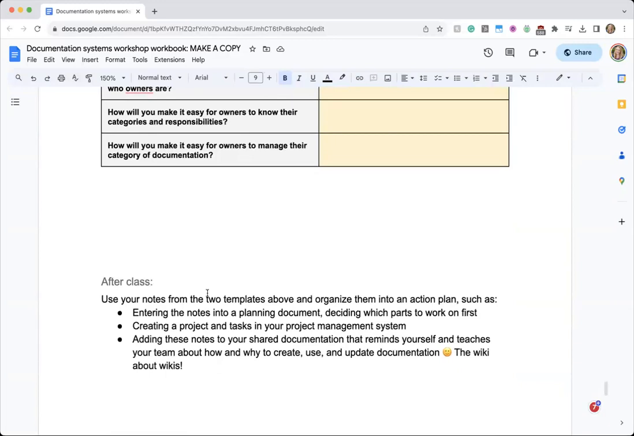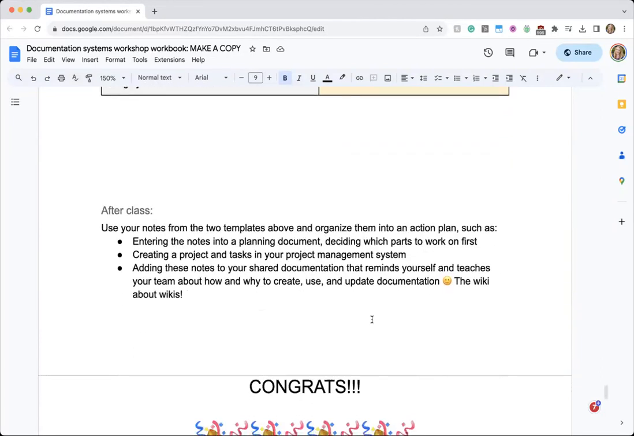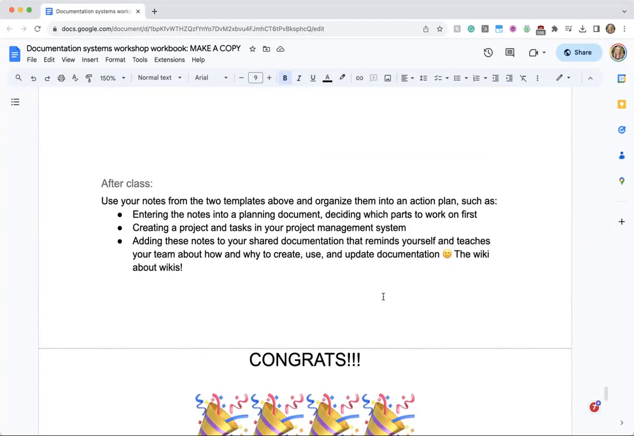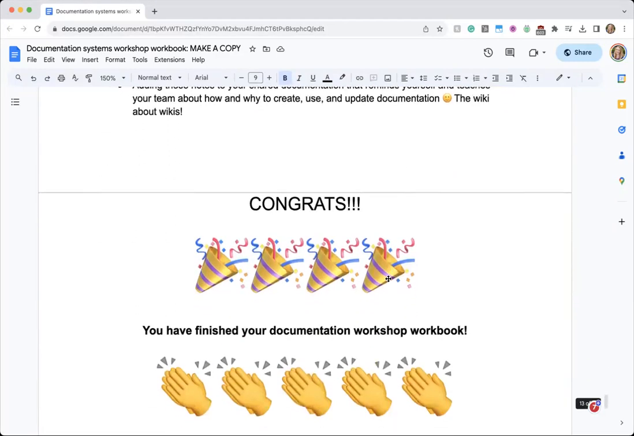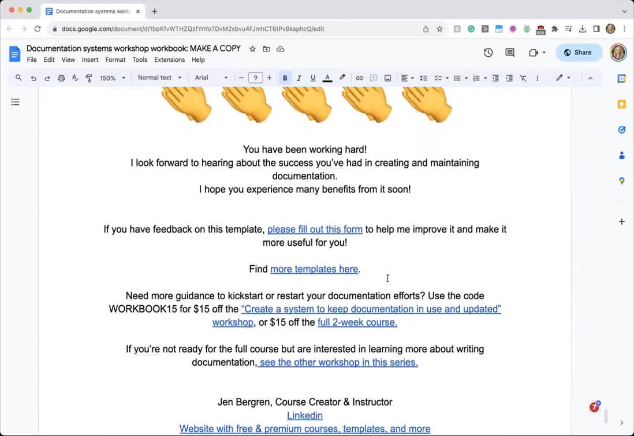And then after class or after you finish the workbook, you can move things into a planning document or create projects and tasks in your project management system, and then add to a wiki about making documentation so everyone knows what to do. And that's it for this template. There's just some more